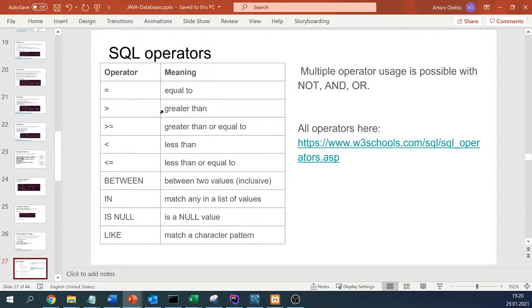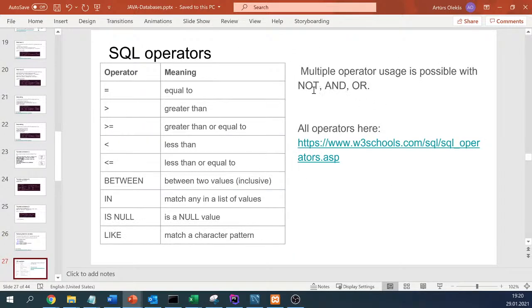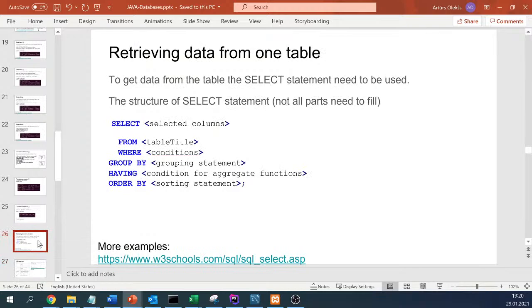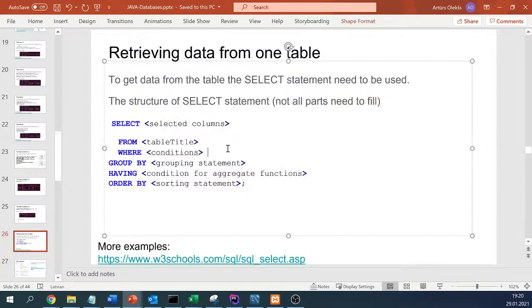So here we also have SQL operators. I just said we can use and, or. Also we can use not, which will actually mean not equal. And we can also use, as I said, and, or. And for example, right here when I used